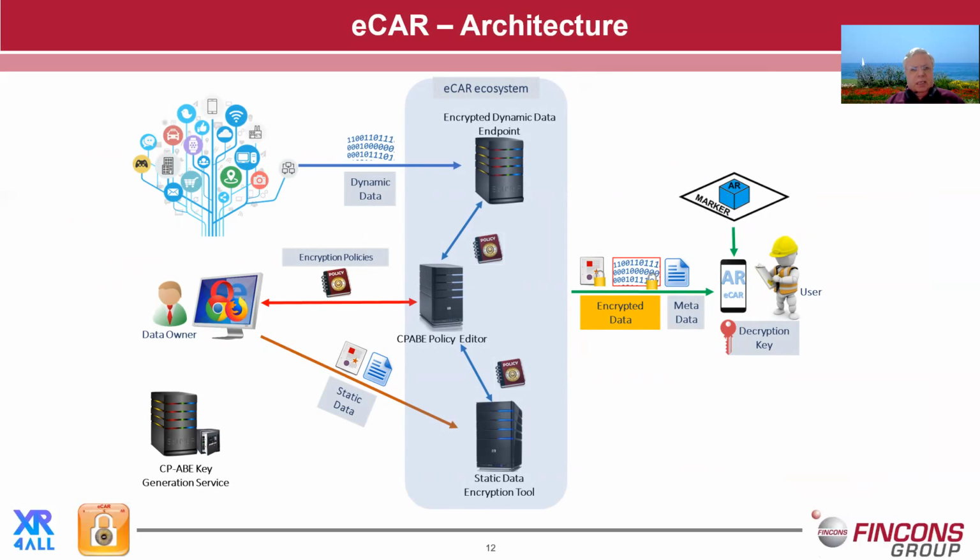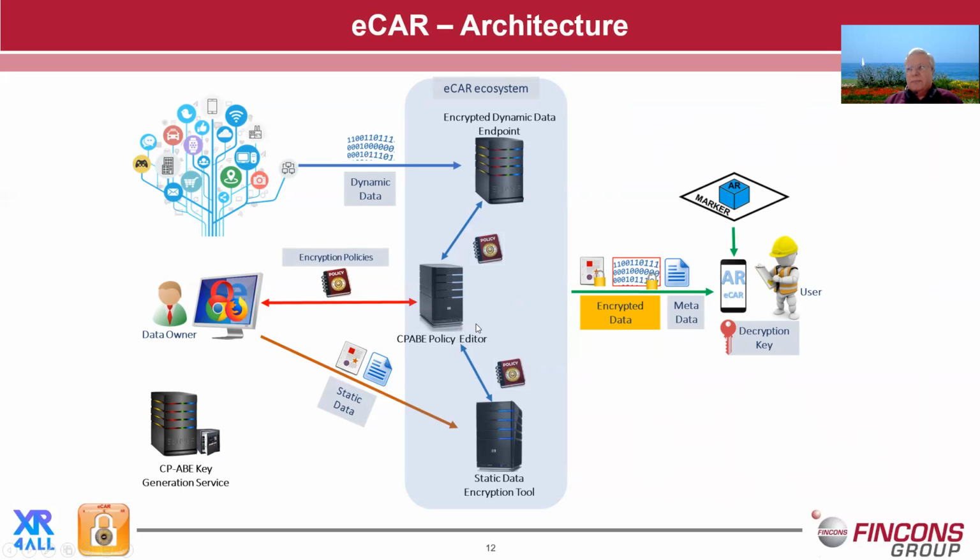What we provide and have developed in the eCAR for All project are components that can be used on the mobile phone to support this kind of information customization, and a set of tools that can be used both for creating and managing the encryption policies, as well as for encrypting static data like PDF files or other kinds of documents using the created policies, or for encrypting dynamic data, for example, coming from sensors, using one of the policies